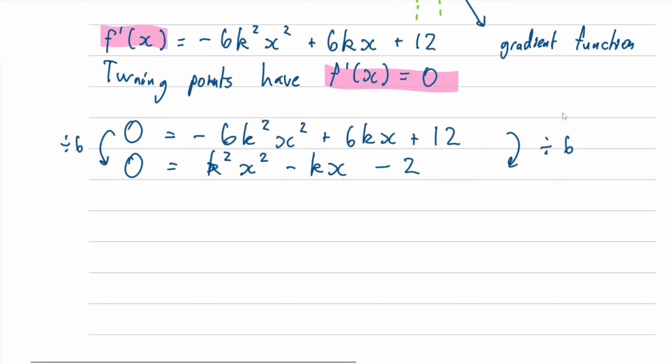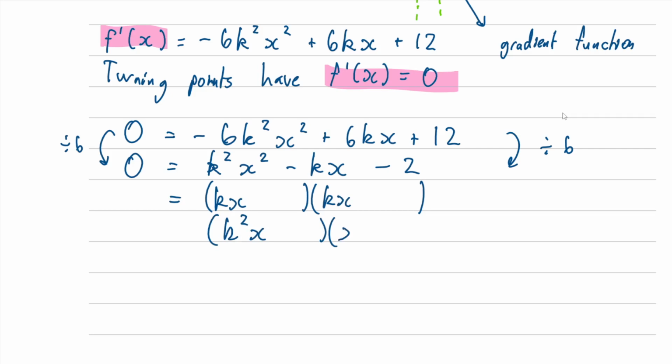So the k squared out the front makes it a little bit tricky. We could either do some trial and error. For example, use brackets, and we could have kx in each, or we could have a k squared x in one and an x in another. But let's have a think what would happen if we had a k squared and an x in one. We would get,